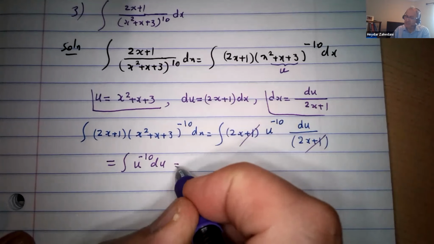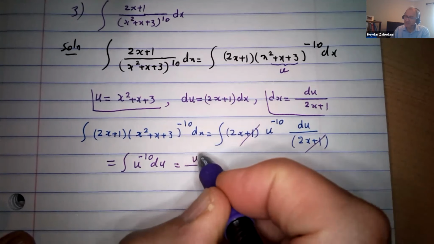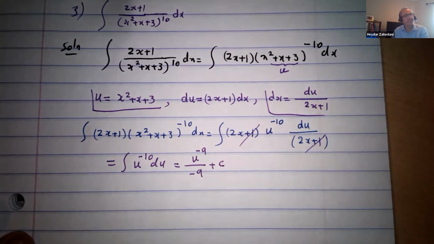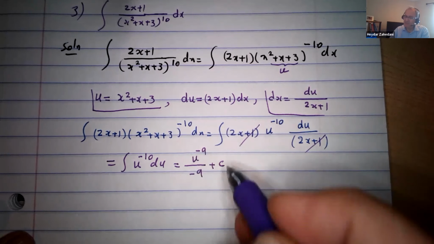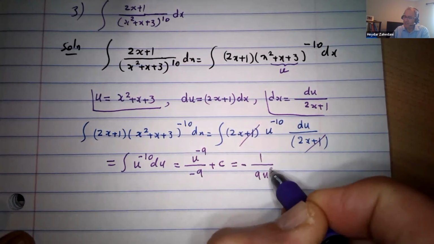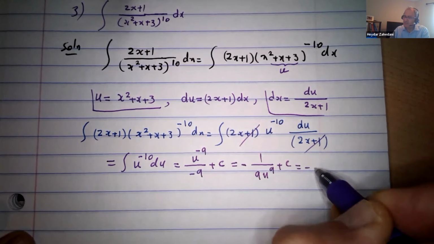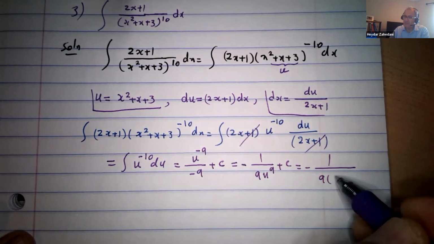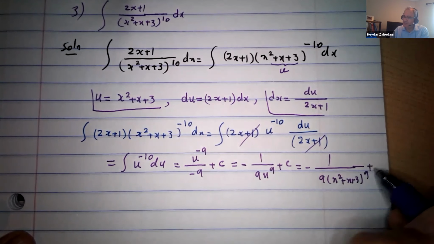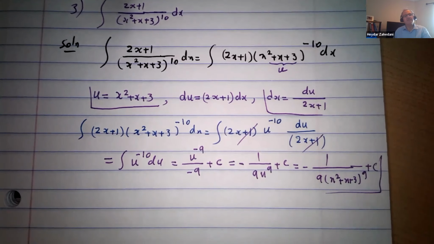Now the action of integration gives u to the negative 10 plus 1, which is negative 9, over negative 9, plus the constant c. We don't accept any negative power, so we bring it down. It's going to be negative 1 over 9u to the 9 plus c. Substitute: 9 times u, x squared plus x plus 3 to the 9, plus the constant c. Okay, so this is the way we do it for the power function,